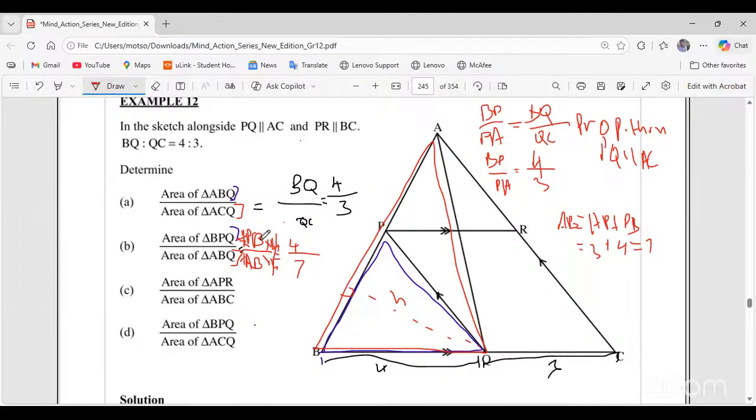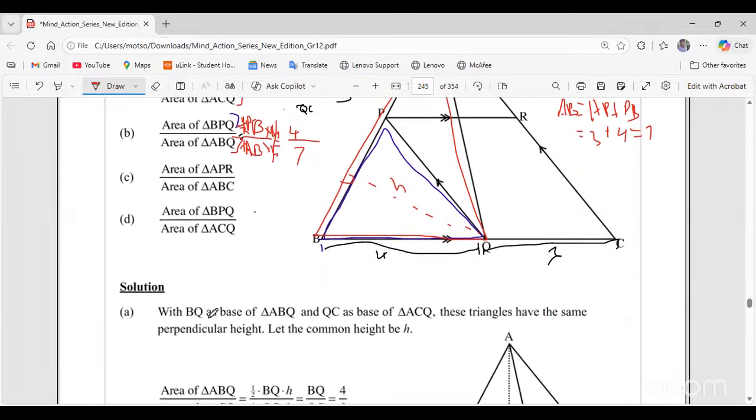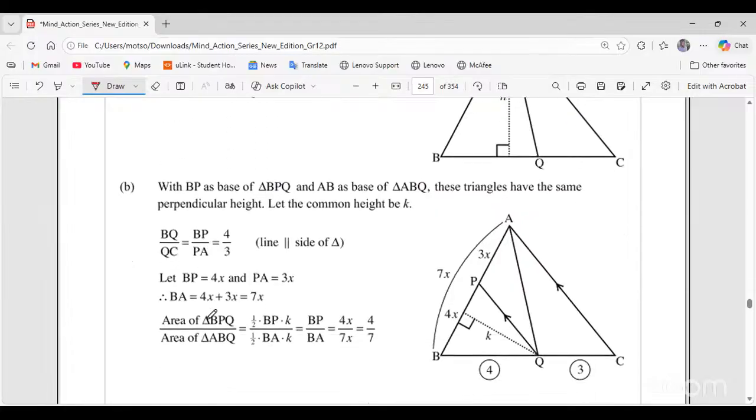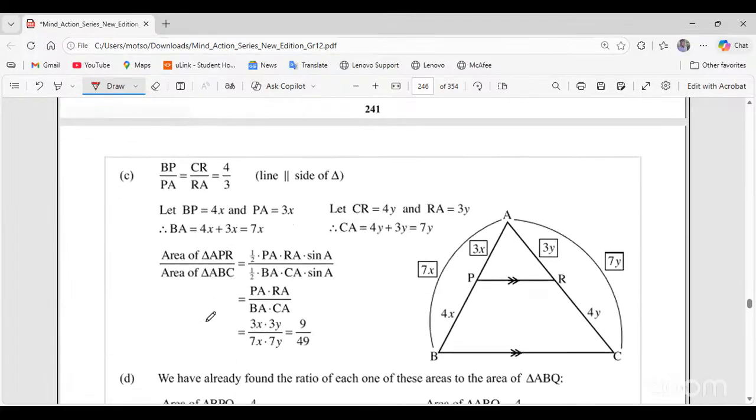So that is why I just decided to write PB over AB as my answer. Then our answer is 4 over 7, just like that. Then you will use those types that we talked about there to do these other two problems. Now we can go to the next part, which is the last part of